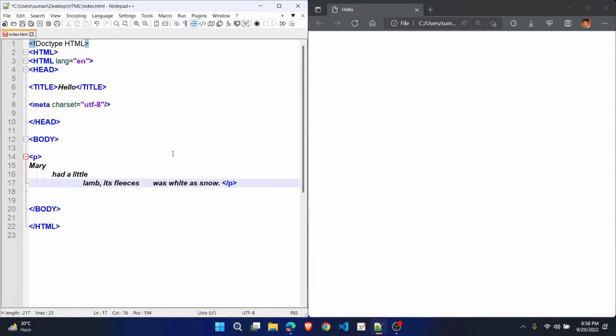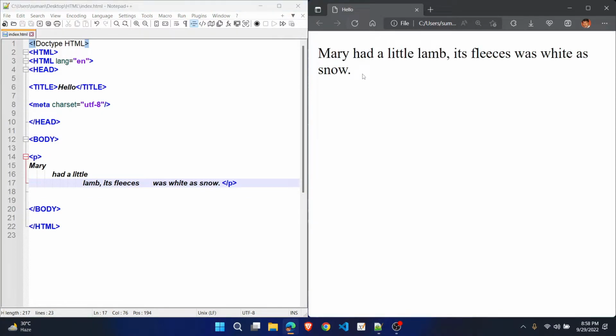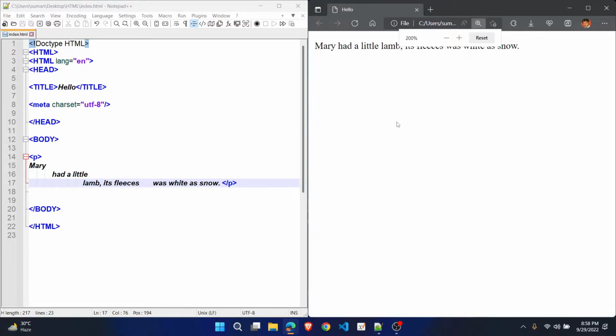Let us save it and let's check what is happening here with the output. Refresh the browser, and here we can see the output. Mary had a little lamb, its fleece was white as snow. So in the format,